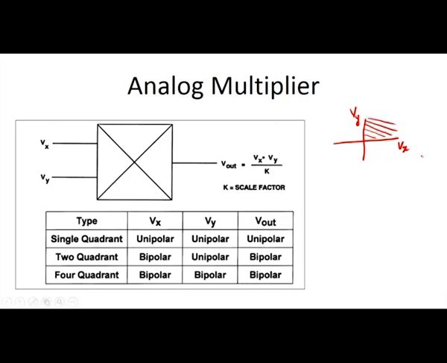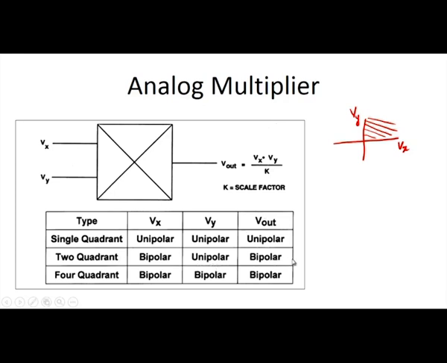These two input signals are unipolar in the sense that Vx is positive and Vy is also positive, so the output will be in the positive direction. So all are unipolar. And in the two quadrant analog multiplier, Vx is bipolar, Vy is unipolar,